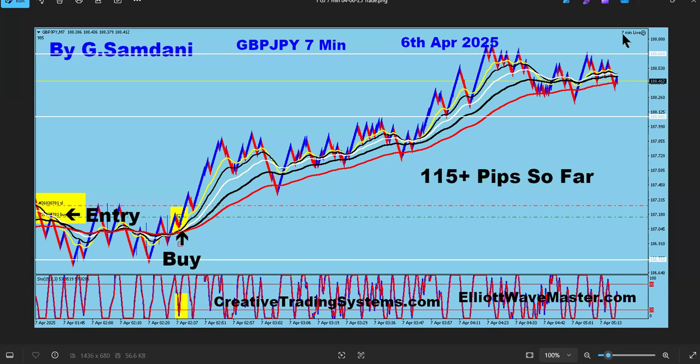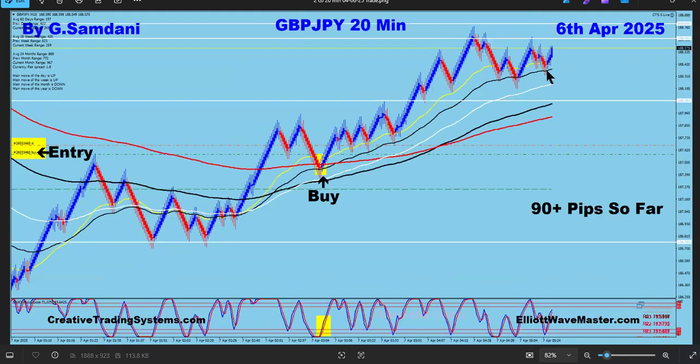So let's get started. This is the first trade when the market opened up on Sunday on the 6th. And see the entry here, big move to the upside, but not big. It looks big on the 7-minute chart, but it's only 115 pip. This one is